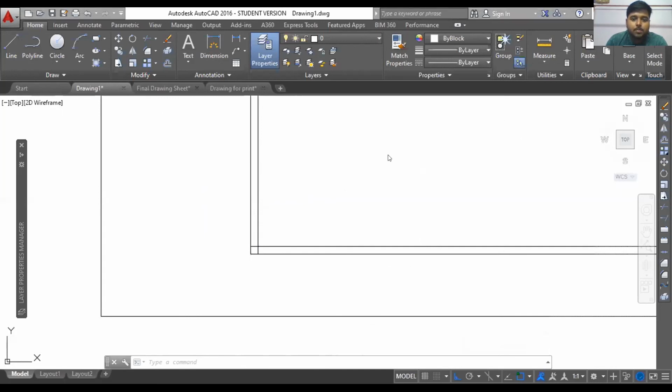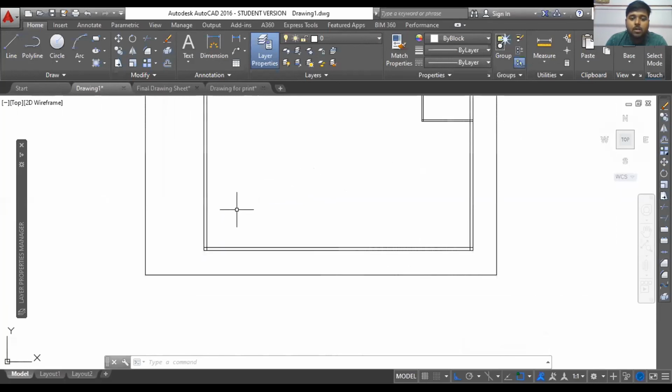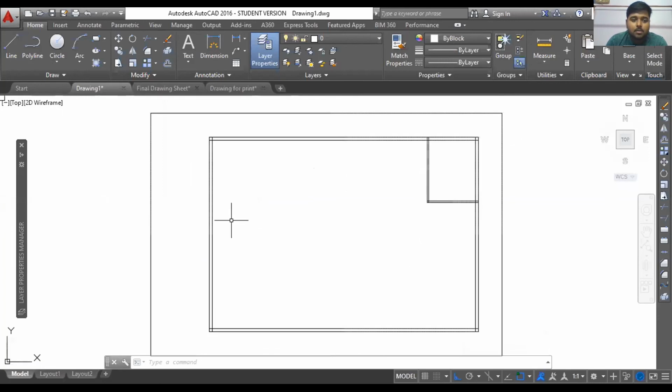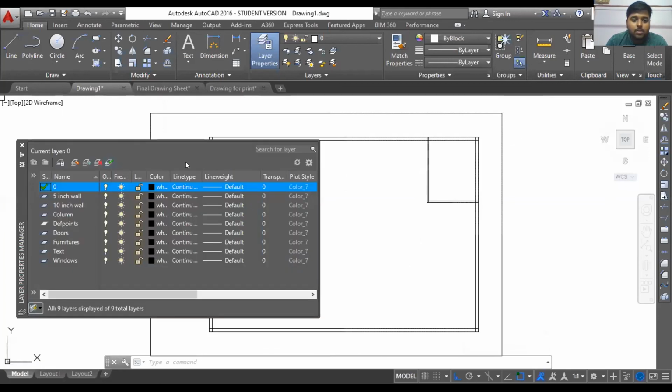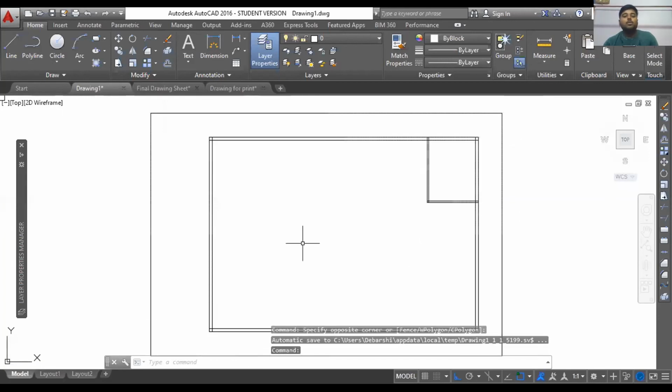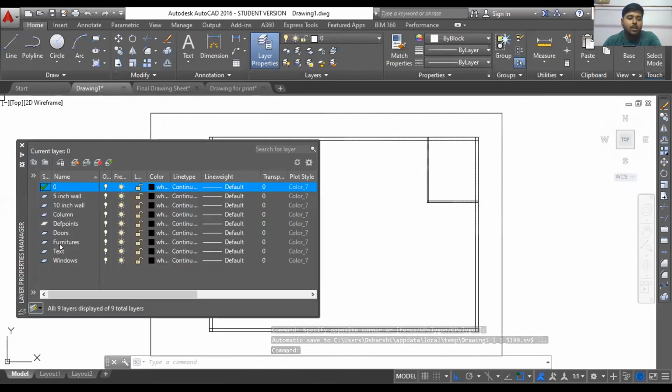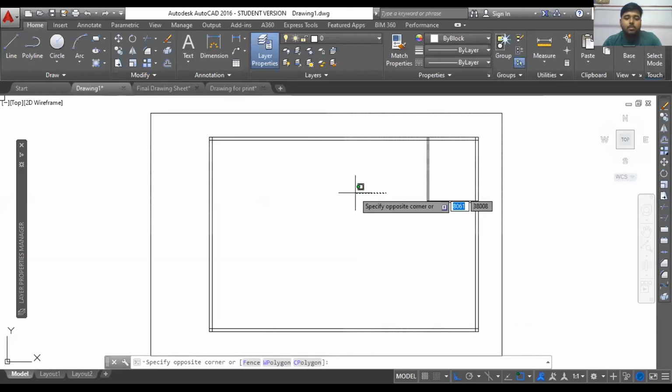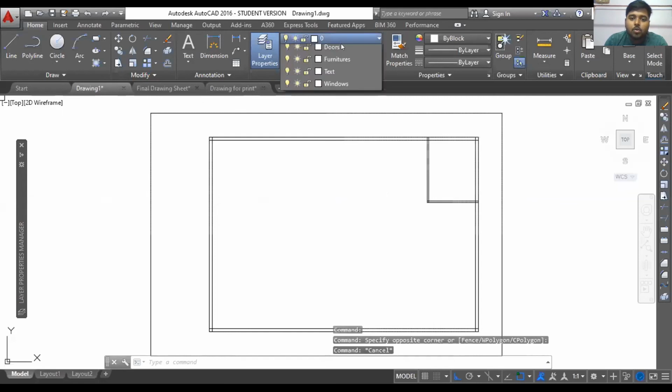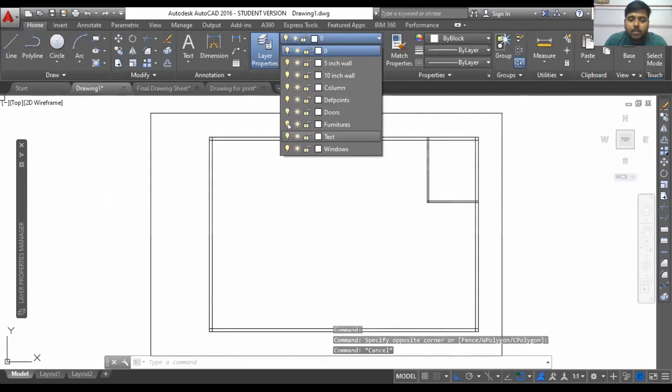Yeah, that is a good question, Apurv. You need to, whether you want to select, that's what I have done here. I have already defined all the layers: 5-inch wall, 10-inch wall, columns. Now you can go to the layers, and everything is white here.